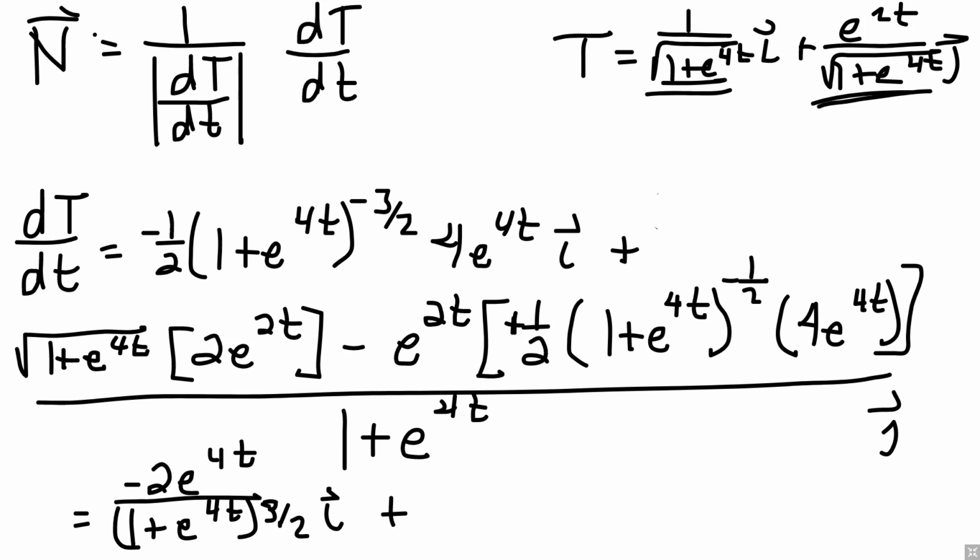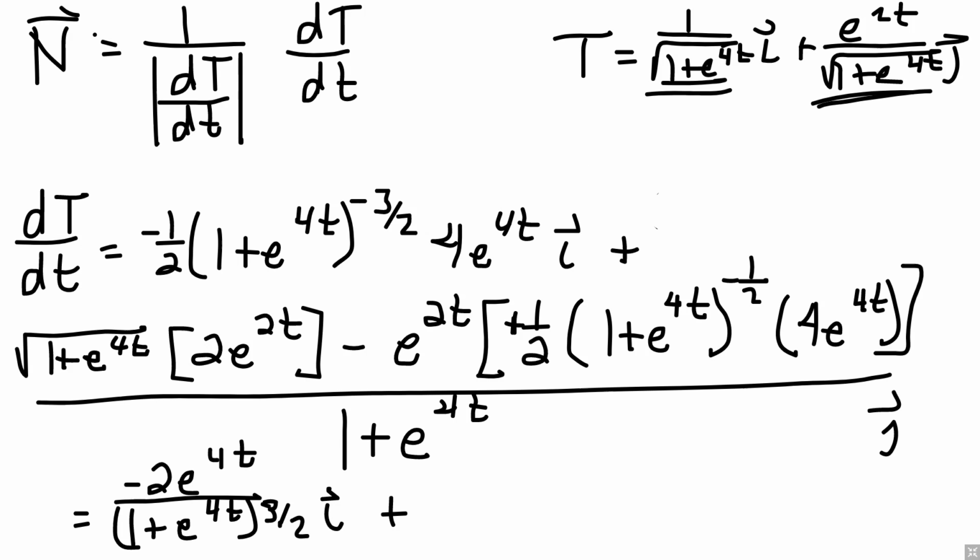Now for the second piece, we're going to have to clean this up. Let me go over 2 slides and clean this up. All right, if I take a look at this and clean this up,